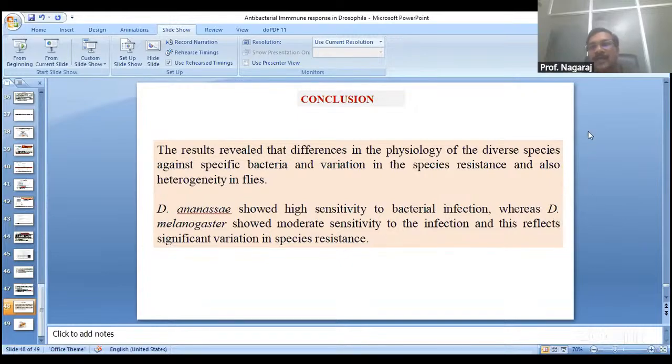In addition to this general melanogaster innate immunity or immune response, we wanted to check any differential specificity or immune response variation in different genetic backgrounds, that is melanogaster and NNSA, and this is what we could end up with now. So I think